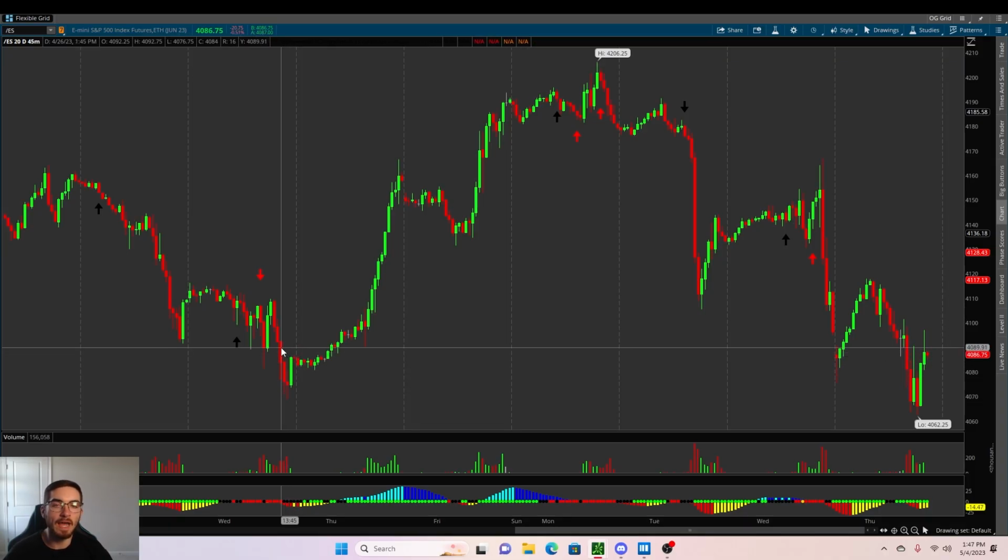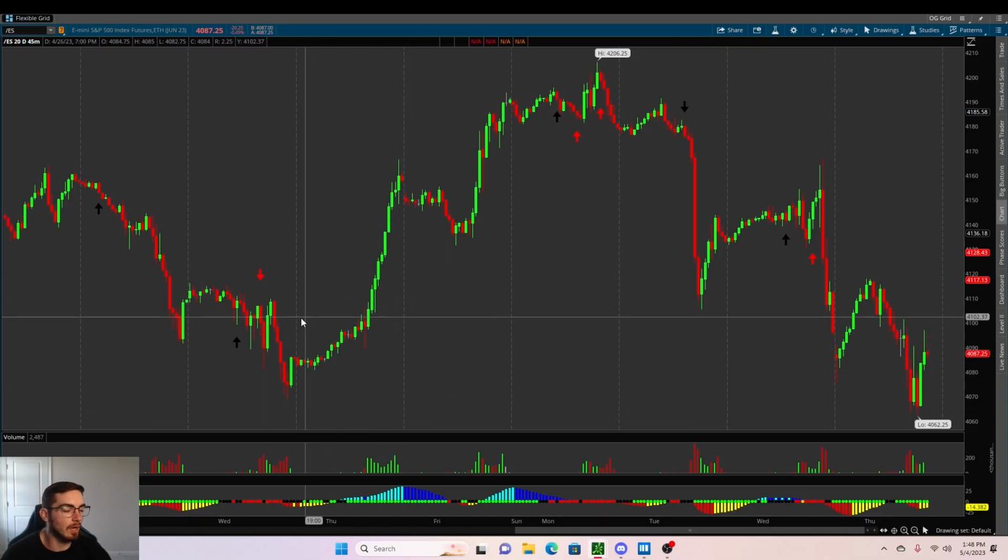Now, the reason why this becomes demand is because you've got to think that there are orders waiting here that were not filled on this aggressive move up. Big funds aren't going to be chasing the market up. They're going to be waiting for the market to return back to where they were trying to purchase, and then they're going to get their orders filled. So taking this basing candle right here before the strong aggressive move up, let's just imagine that there were 100,000 ES contracts that were not filled right here. That fund is going to be sitting here waiting for ES to come back to that price